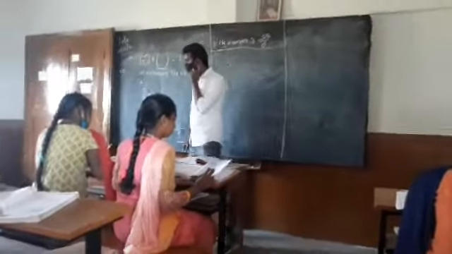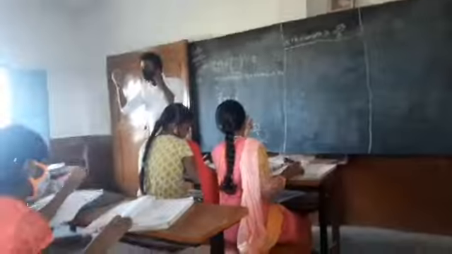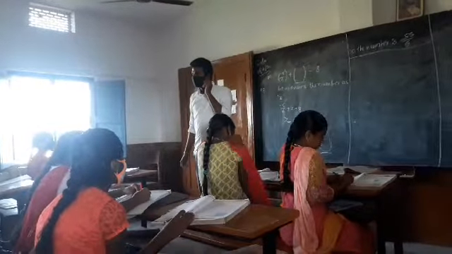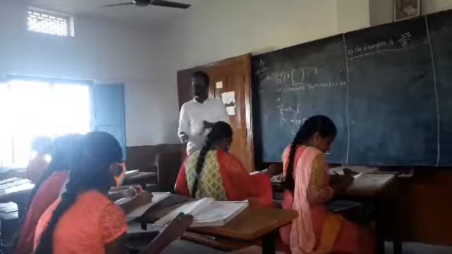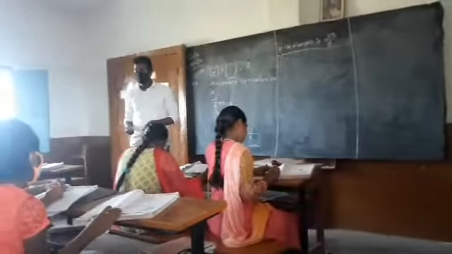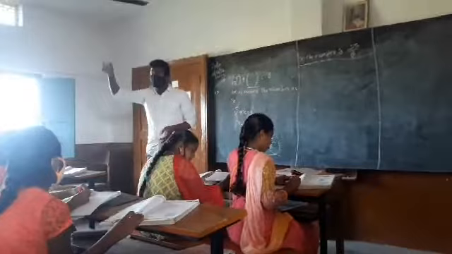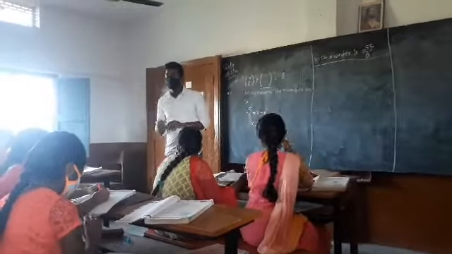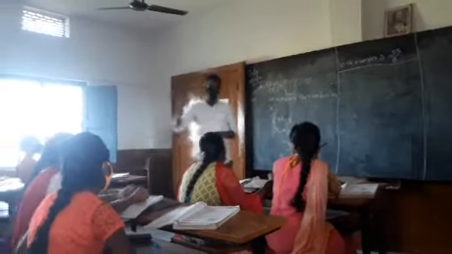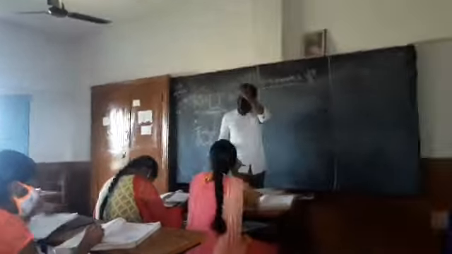Yes. All natural numbers do not have additive identity. Why? Even though 5 plus 0 gives 5, natural numbers do not have additive identity. Why? Because that 0 is not there in the natural numbers. You cannot bring other numbers from other sets such that you can add and have the identity. Understood? You cannot find any other number in the set of natural numbers such that you will get the same number. So, natural numbers do not have additive identity.